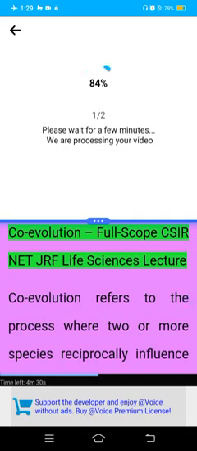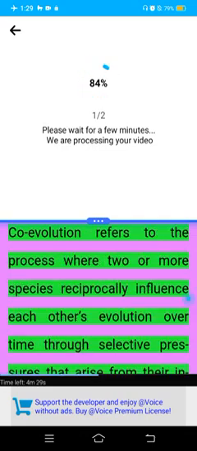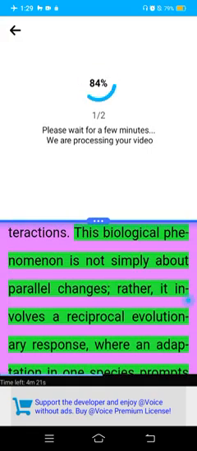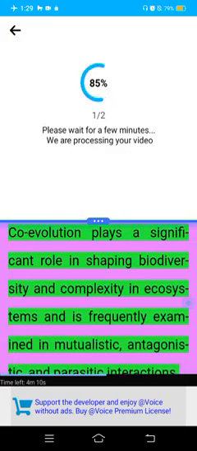Coevolution, full scope CSIR NET JRF Life Sciences lecture. Coevolution refers to the process where two or more species reciprocally influence each other's evolution over time through selective pressures that arise from their interactions. This biological phenomenon is not simply about parallel changes; rather, it involves a reciprocal evolutionary response, where an adaptation in one species prompts a counter-adaptation in another, and this process may continue across generations. Coevolution plays a significant role in shaping biodiversity and complexity in ecosystems and is frequently examined in mutualistic, antagonistic, and